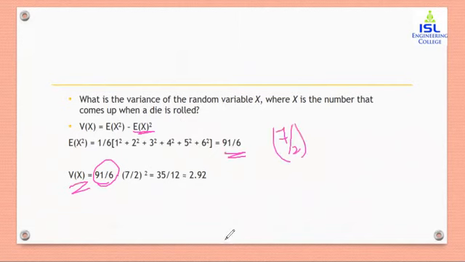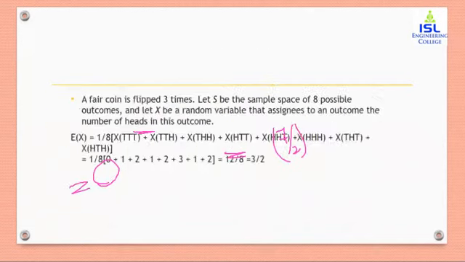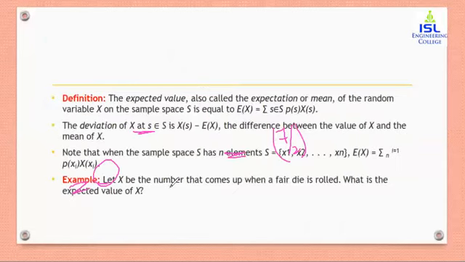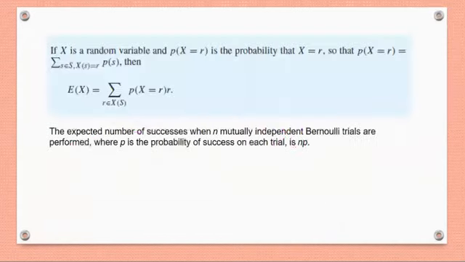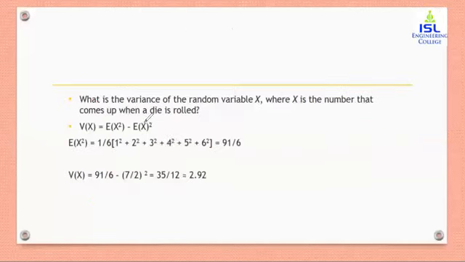In the earlier problem, we got 7 by 2 as the result. Let me just get that slide. So here, let X be the number that comes up on the die. What I did was 1 into 1 by 6 plus 2 into 1 by 6, and so on. In this case, the result will be 7 by 2. So we take this 7 by 2 and square it directly in the formula for variance. The formula for variance is written in this way: E of X squared, so we square the random variable in the first term, and we square the complete expected value in the second term, and subtract it. So this is the variance.